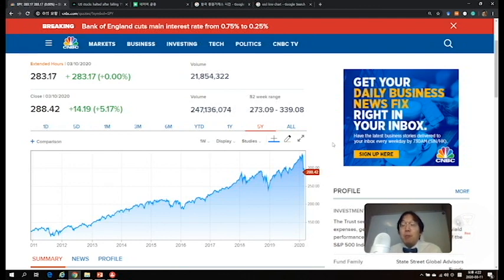Not only that bubble portion, this time a new element, almost like an alien attack, is happening: the coronavirus, right? We never had this kind of thing before. We don't know, okay? So our expectation of future cash flow has to be really adjusted to a new equilibrium. We don't know where that has to be, okay? So that's why we are experiencing a drastically volatile stock market.